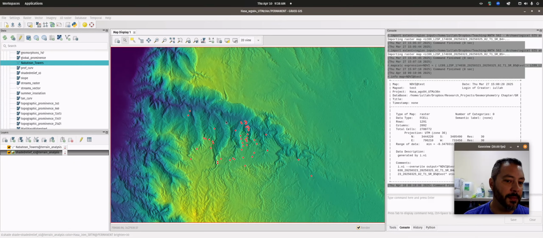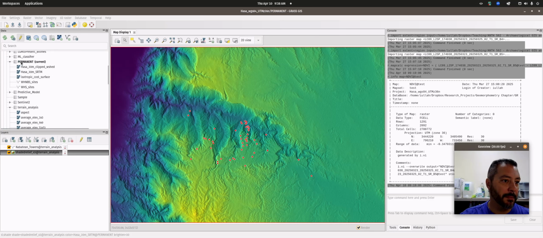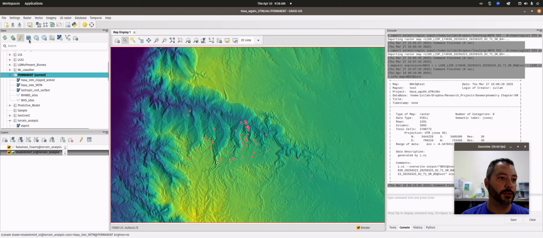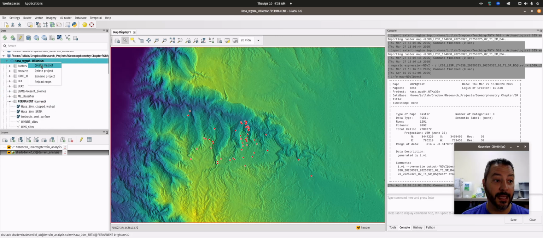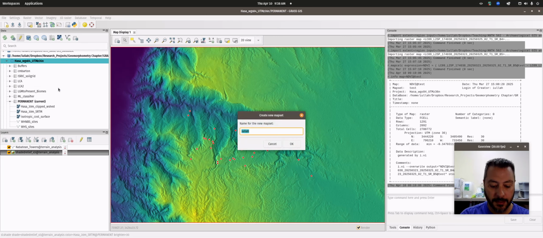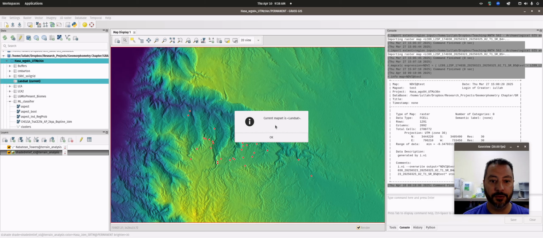So here I am in my same location, and basically the permanent map set that we've been working in, the same GRASS location with all our Wadi Hassa data. The first thing that I want to do is to create a new map set inside that location, and I'm going to just call that Landsat,